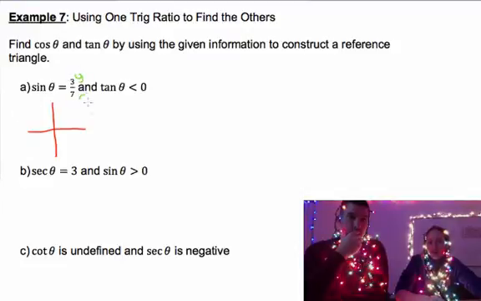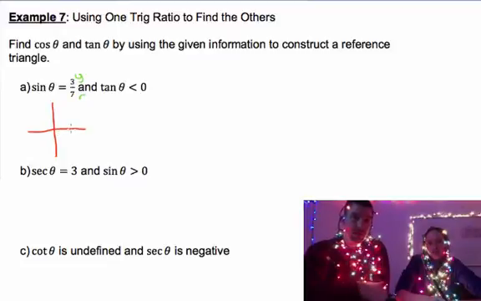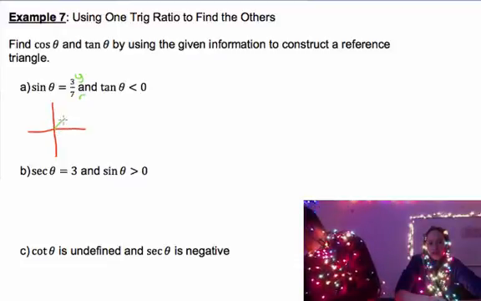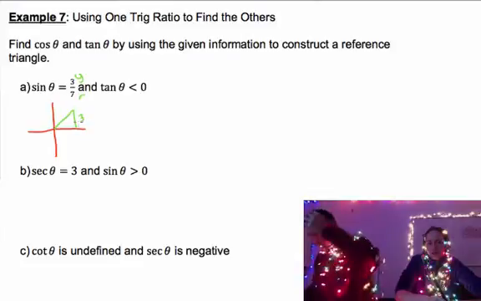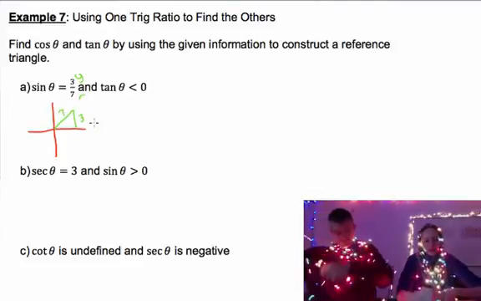Remember that's y over r. So the y value is positive. The r value is always positive. So we've got a situation like here in the first quadrant where we've got